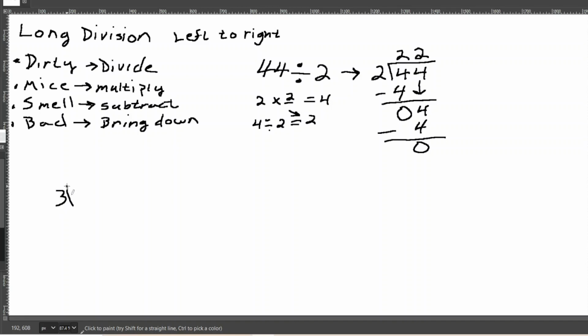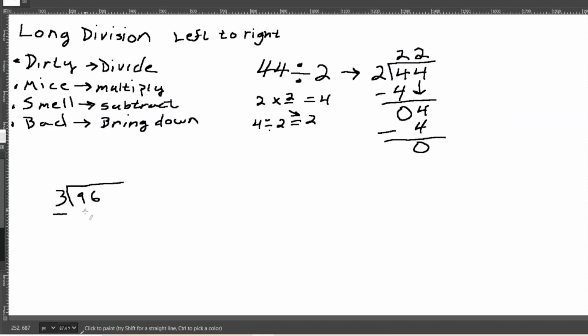Let's try 3 into something like... I don't want to do bigger numbers. Maybe something like 96. Okay, so how many 3's can fit into 96, right? Let's take it piece by piece. Maybe, like I said earlier, maybe you know that 3 times something equals 96. Maybe you're just a human calculator, right? But I particularly am not, so